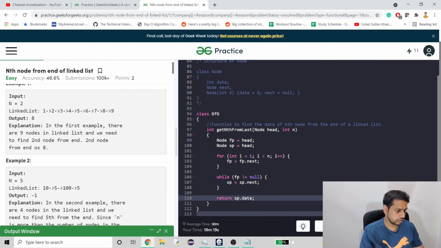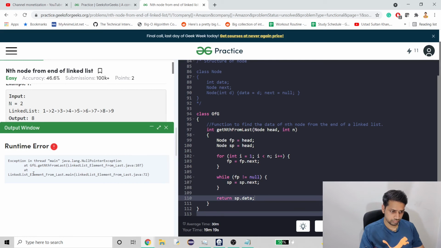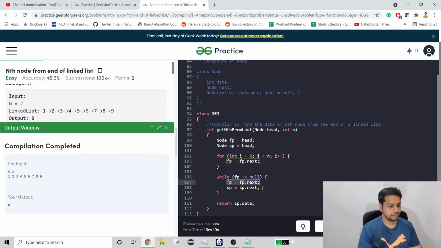So let's try to compile this. Okay, my bad, we have to start from 0, not 1, and I forgot to do fp.next. So as you can see, the output is 8, which is the desired one.